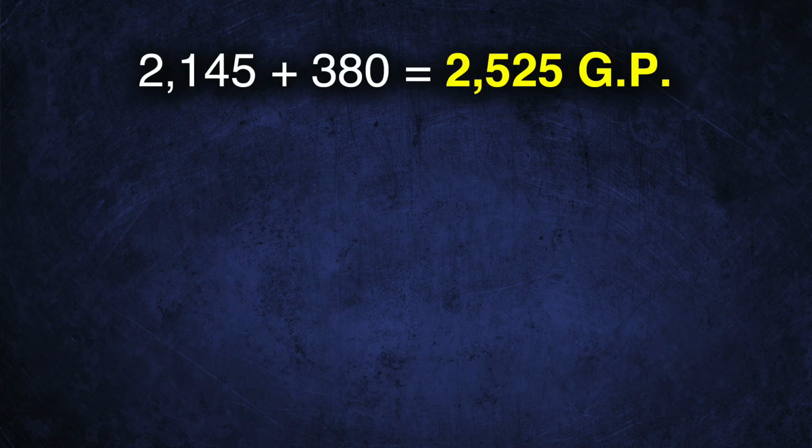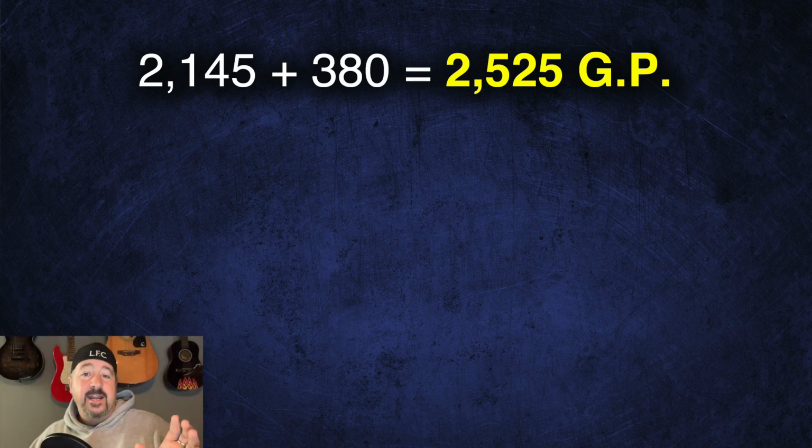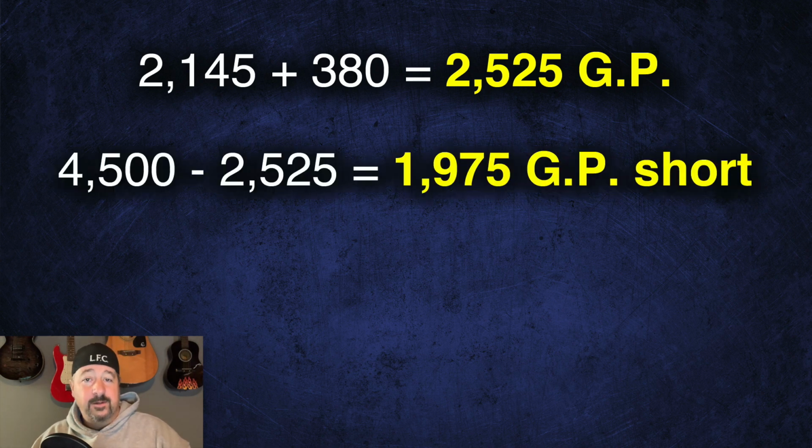2,145 group points for Professional, plus the 380 now earned in Advanced to get you to 2,525 total, which is barely better than the 2,295 skill games only nabbed you. Mané is 4,500 group points. Take away your grand total of 2,525 for all that hard work and hacking the system and winning 428 matches,